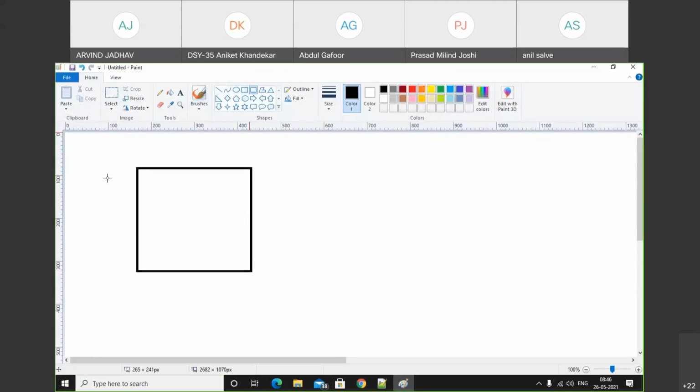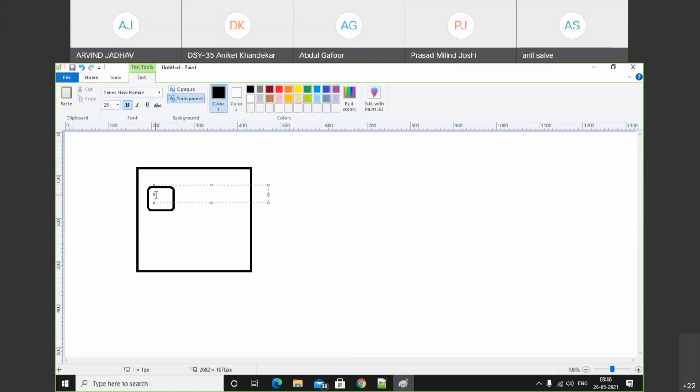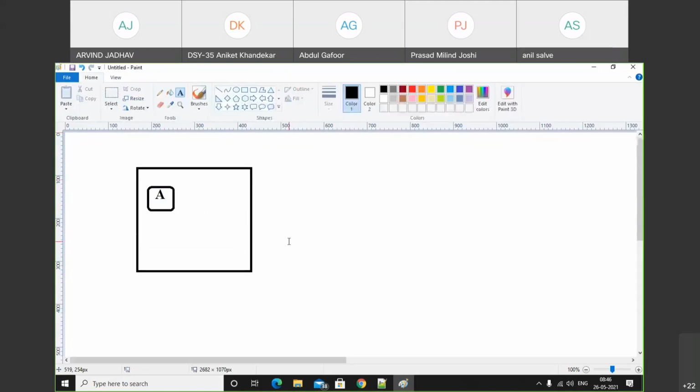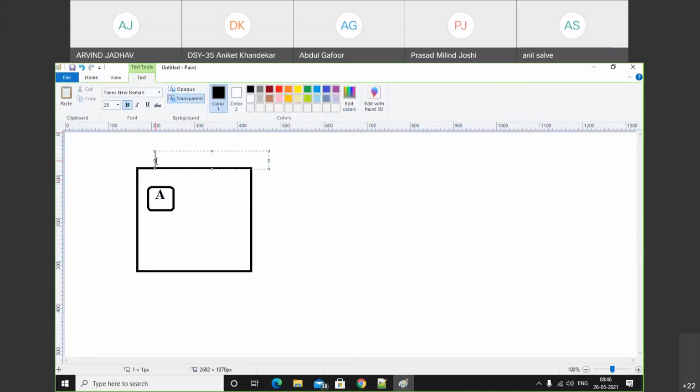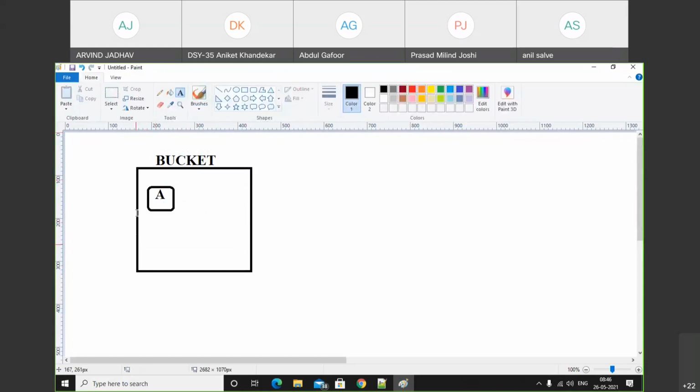In that bucket, we have some files, and the name of this file is A. By default, when we upload this file inside the bucket, all the settings are blocked. That means when we try to access file A from the outside world, or when we access file A in the browser, it will show access denied.